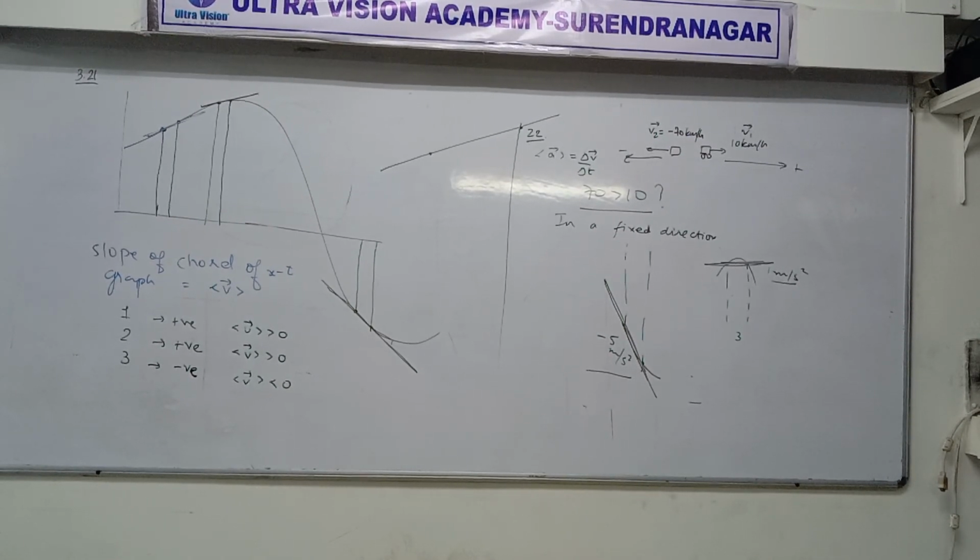What are the accelerations at the point A, B, C and D? Actually sign of acceleration. You cannot find value, you can only find sign of acceleration from VT graph. How do we find acceleration from VT graph? Slope of tangent. So look at A point. What does it look like? 0. Correct or not? Yes, sir. Okay, at B. 0. At B, second one, B. 0. Yes. Sure. Correct, well done.